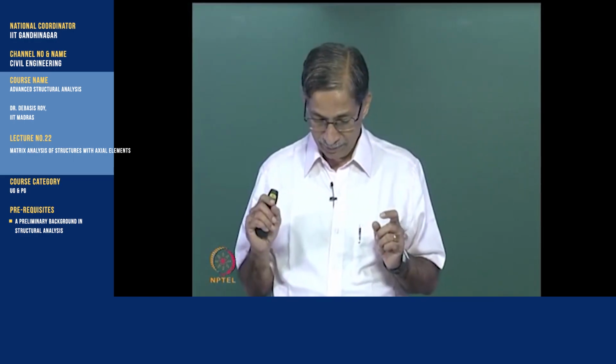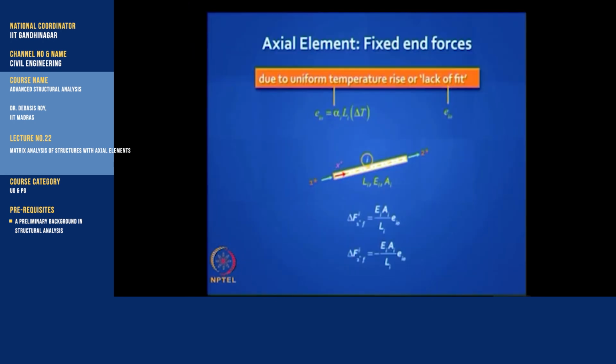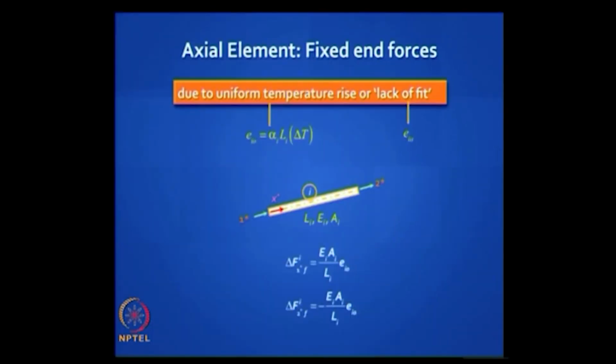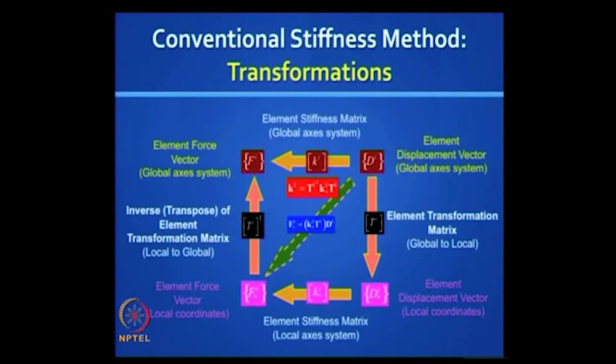Please remember one point, EI naught, you have to judge whether it is tension or compression and put the sign appropriately, we will demonstrate this. This slide I am going back to, you do not have to mug up any formulas, remember this playground, everything will fall in place. This is how we generate, look at this, the steps are very clear. First identify the coordinates, develop the TI matrix, develop the element Ki star matrices, do this operation first, then do this operation,